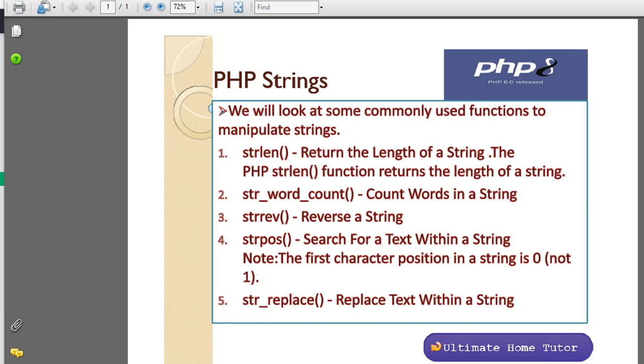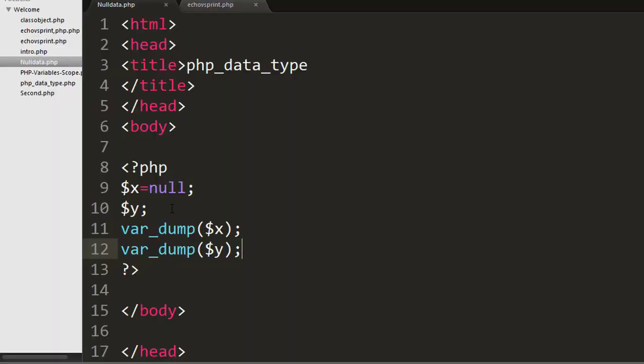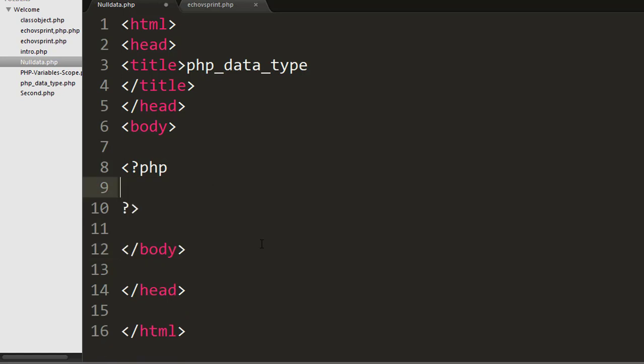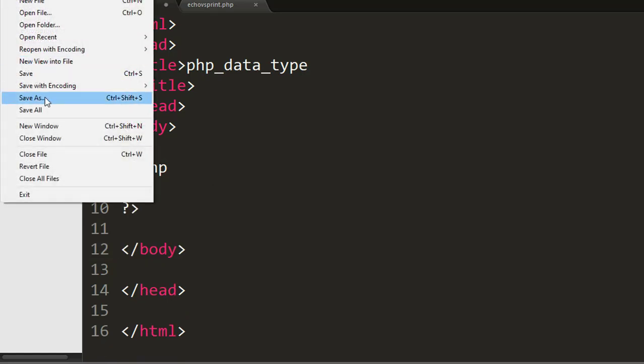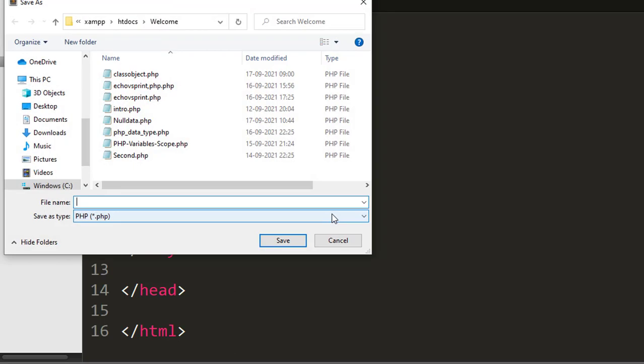So we'll start now. I'm going to my editor, removing the old code, and saving as a new file we create, string.php.